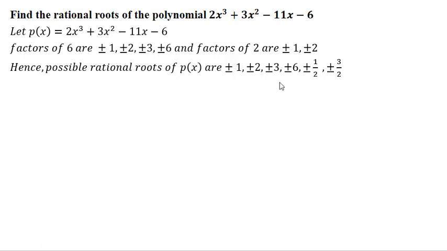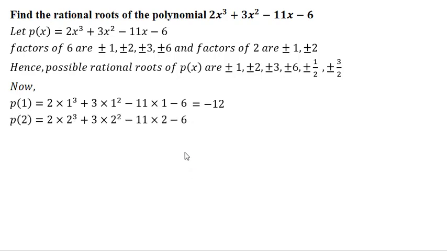Now please note that here px is 2x cube plus 3x square minus 11x minus 6. There are a few terms which have positive coefficients and a few terms which have negative coefficients. If I have a polynomial in which all the coefficients are positive, then I will start with negative roots. Here as I have some positive and some negative, it is our choice whether we start with negative or positive. So let us first start with a positive root. Let us take 1. Now I will substitute 1 here in place of x and I get the answer as minus 12. Now this is not equal to 0, so x minus 1 is not a factor.